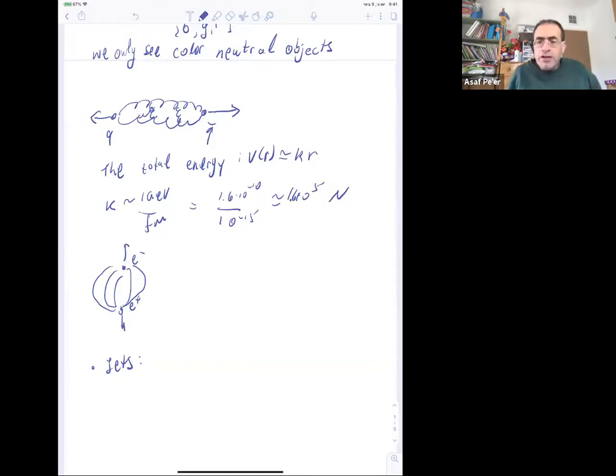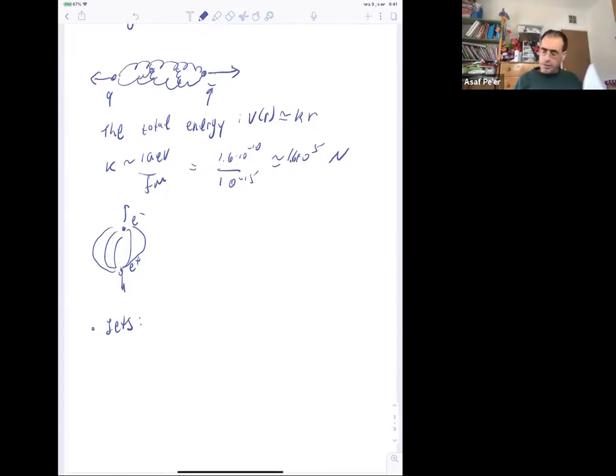We have an electron that interacts with the proton, right? And so it interacts with one of the quarks in the proton. So proton is made of 2 up quarks and 1 down quark. And they are glued together, right, by these gluons, right? So the up quark will be kicked off,